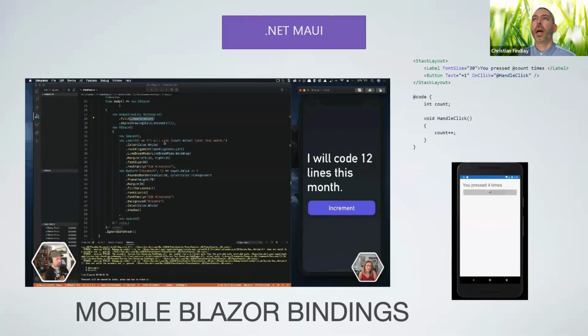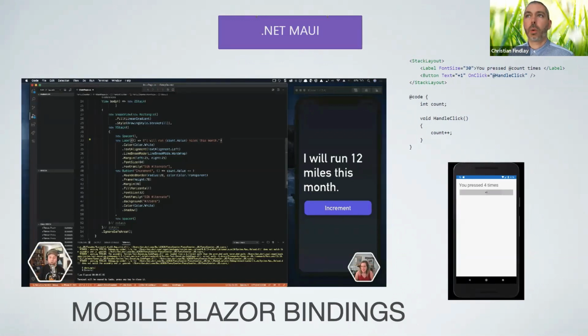Okay. And just to be clear about this, this style of programming is Xamarin Forms, but it has the style of Blazor. It's not Blazor, but it has the same style of programming as Blazor.